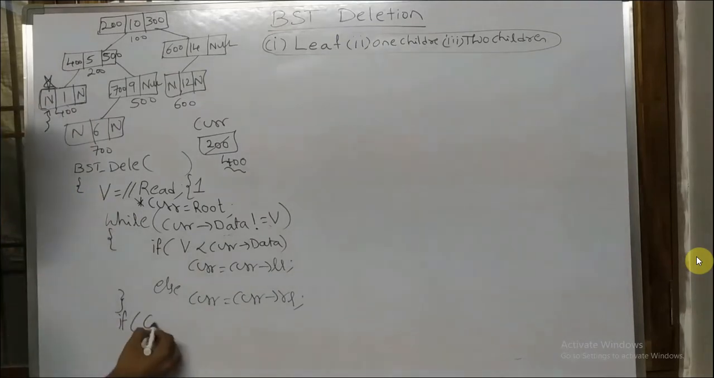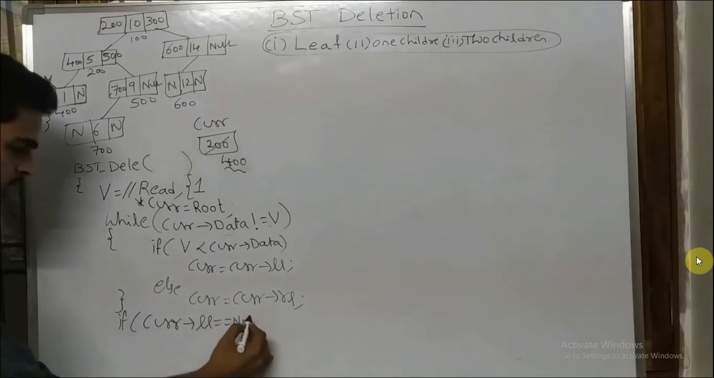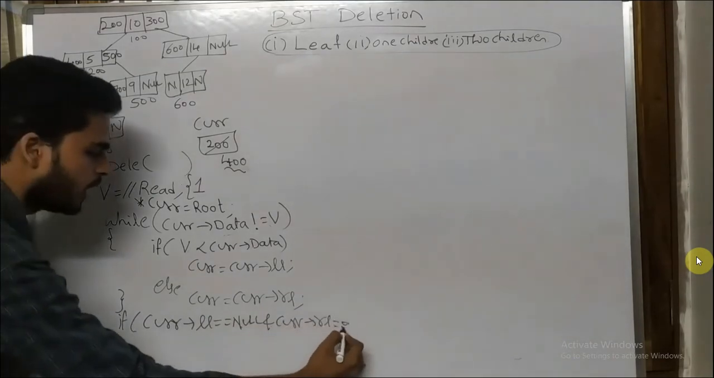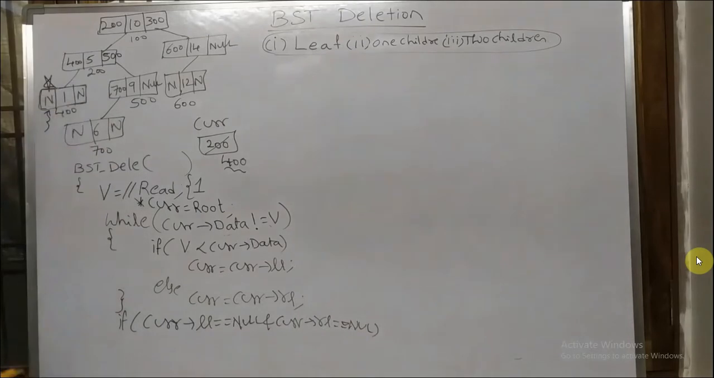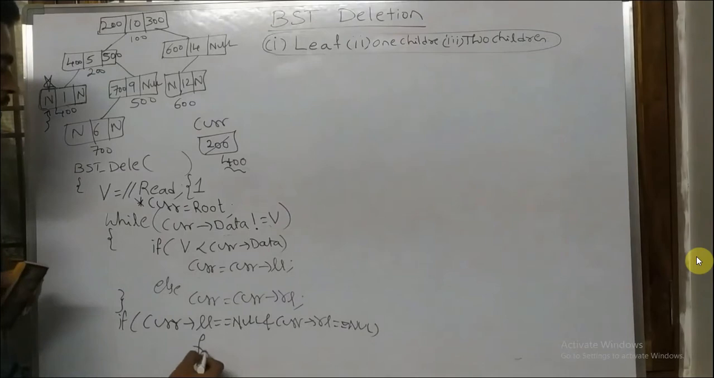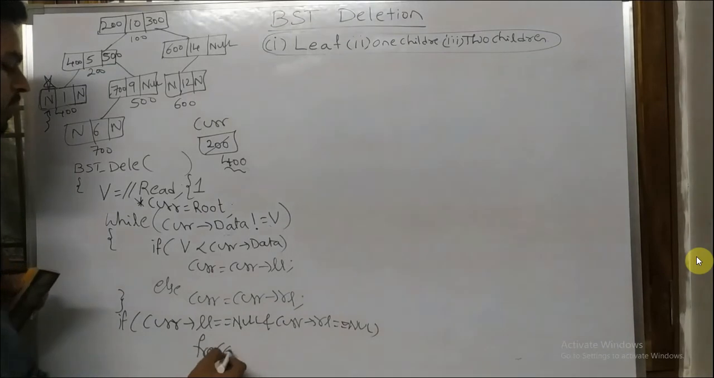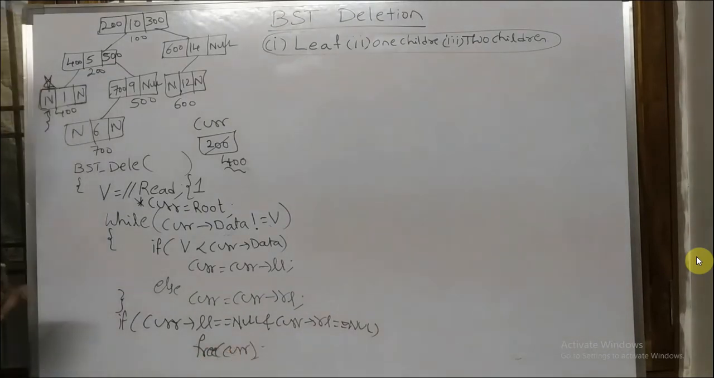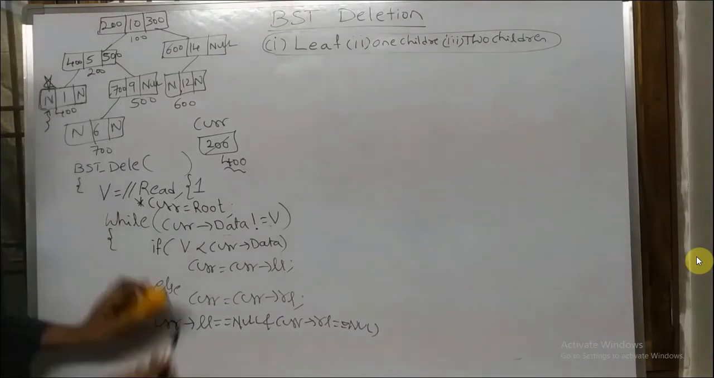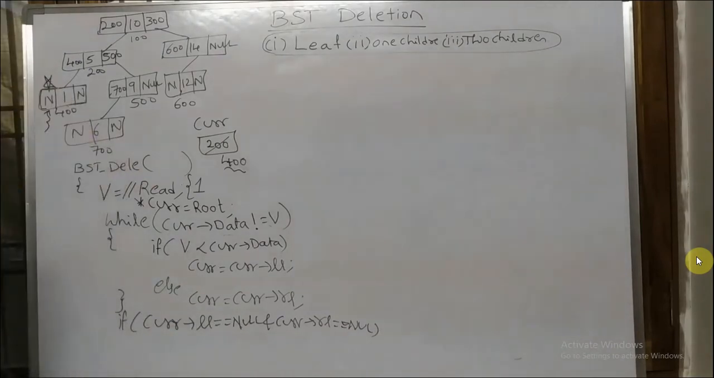So I can simply write: if current->left link is equal to null and current->right link is equal to null, I can say that this is the leaf node. Then I can simply write free(current). Is it correct? No. Before deleting this one,